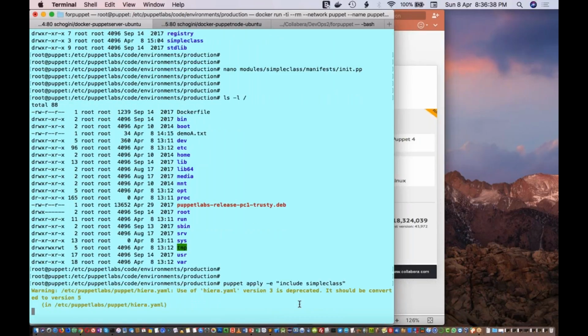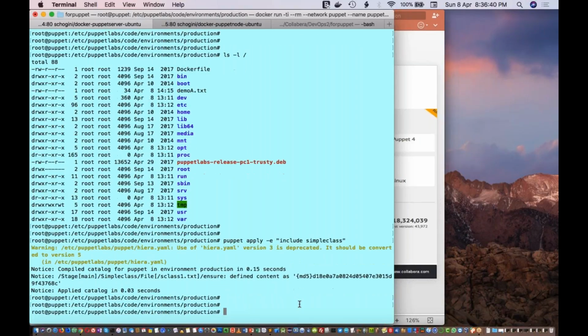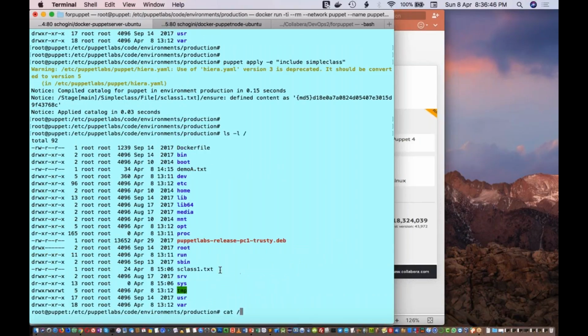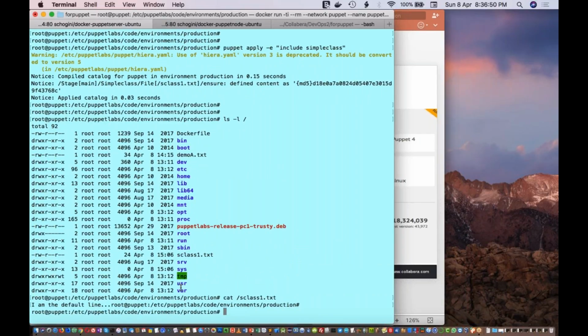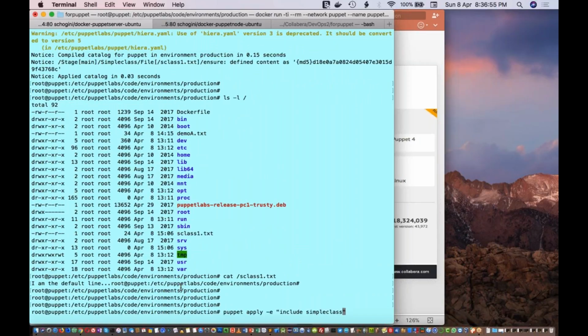Okay, so now if you do this ls, you will see this s class 1 dot created. So if you do cat slash s class, you will see the default value is coming. Now the same thing, if I want to use the resource style declaration, I'll use class followed by the class name, which is simple class. You can use it either within single quotes or without single quotes. Then followed by the file content,